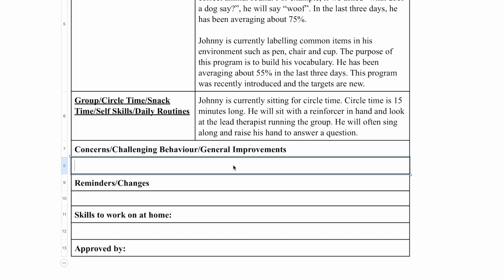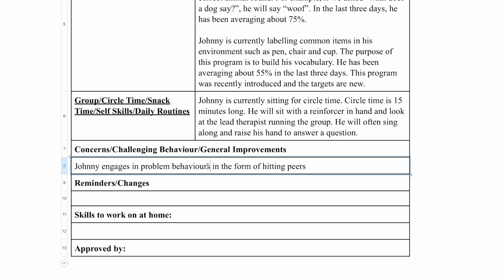So let's suppose that Johnny engages in some problem behaviors, and he, let's say, has been hitting peers, and the parents know that he's engaging in this kind of behavior. So let's talk about it. So Johnny engages in problem behaviors in the form of hitting peers.